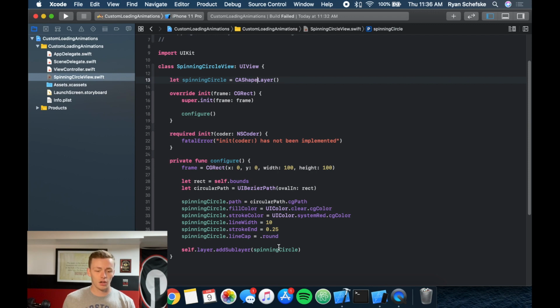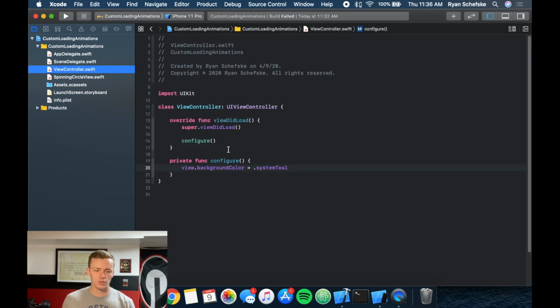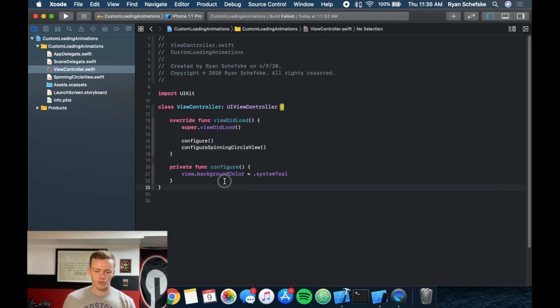So since it is a sublayer, we have to add a sublayer to the spinning circle view class. So this right now isn't going to animate at all, but we are going to add it to the view, as we can see here, so that we can see what we are working with. So adding a new function, so private func configure spinning circle view. View.add subview, because it is the entire spinning circle